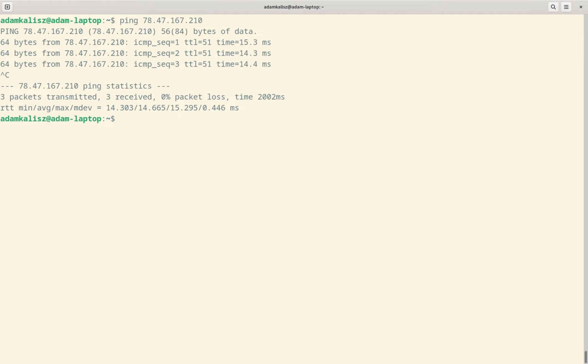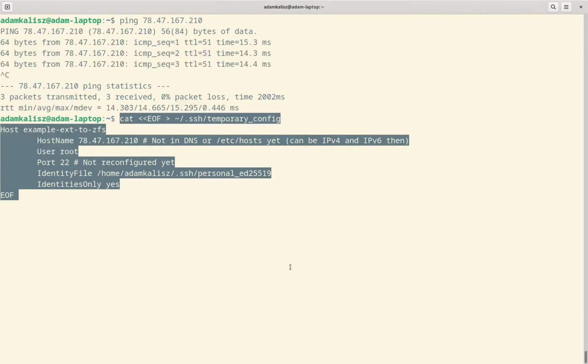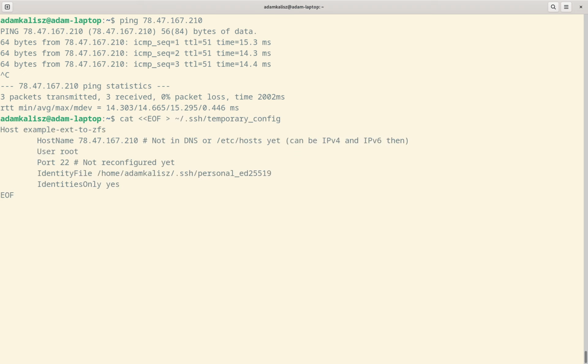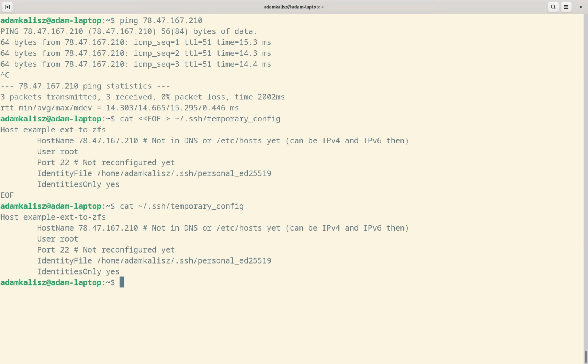So I have prepared the configuration on the side, and that will be this. So I will just use a here doc to include this short sample, and I just hit enter. I can list the file. Okay, it includes what I have written. So I can connect to this host,